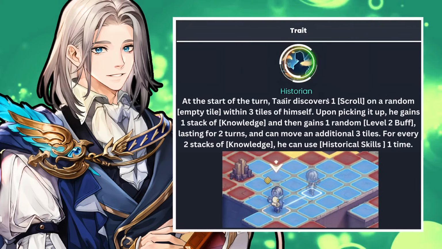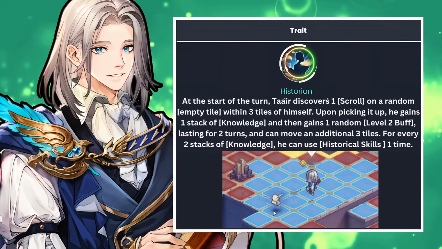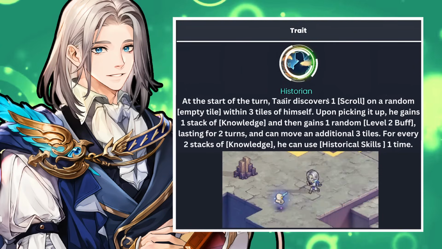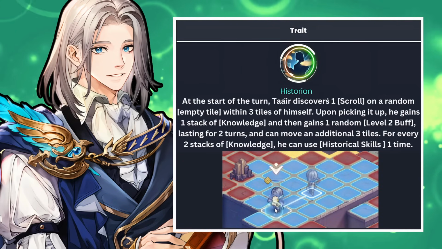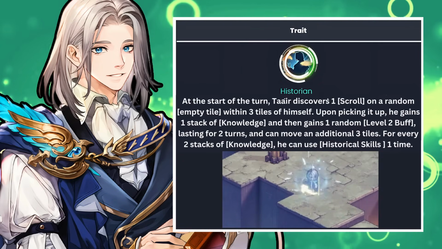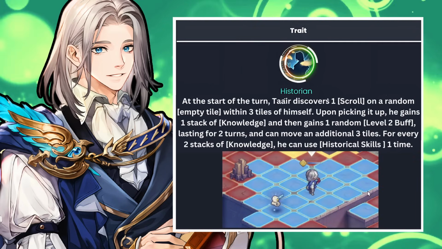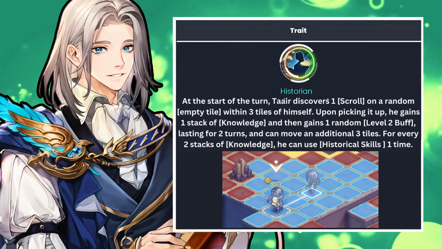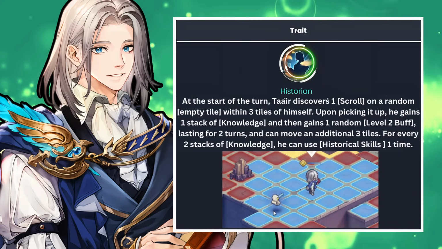And for this last part, for every 2 stacks of knowledge he has, he can use historical skills 1 time. These historical skills are full-fledged skills that you get to select which one you want to use, and they don't take up a skill slot. The historical skills is its own slot that lets you select between 3 skills, which we're going to go over in a moment, and you'll still have your 3 additional skill slots to use for the rest of his skills